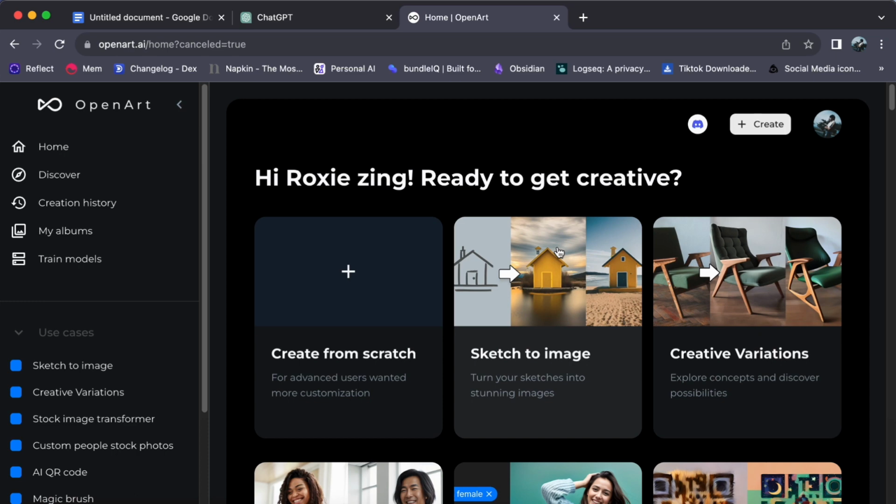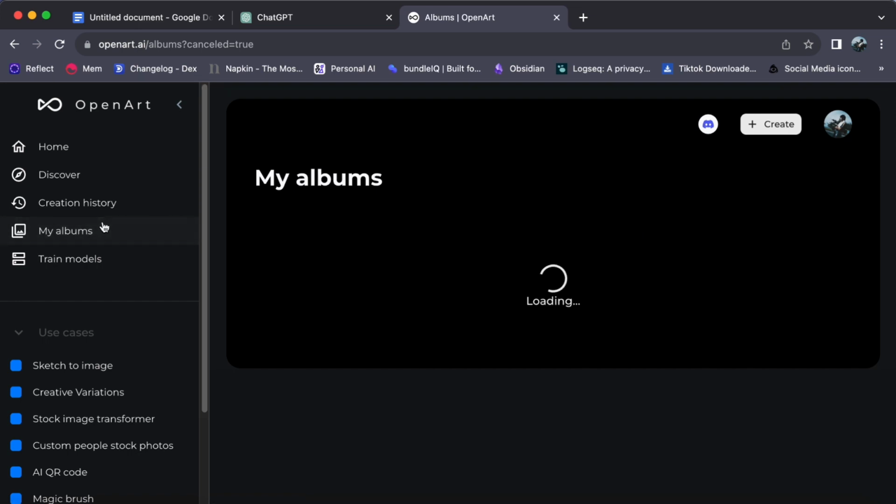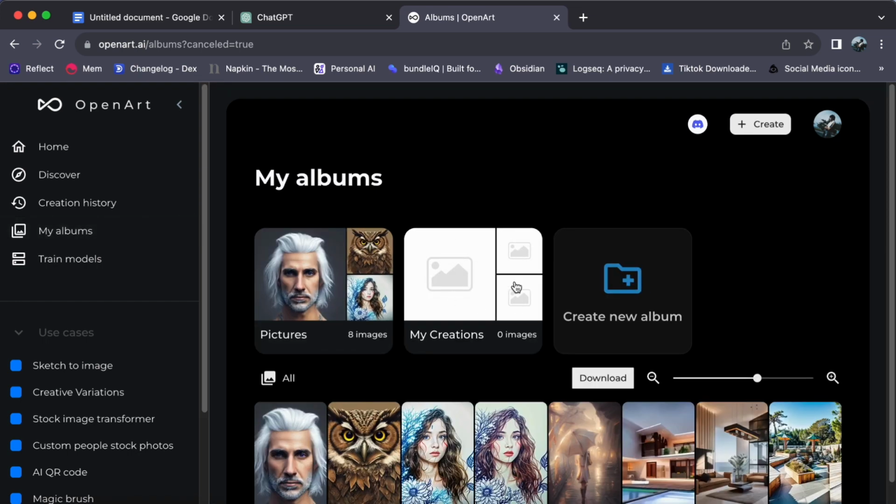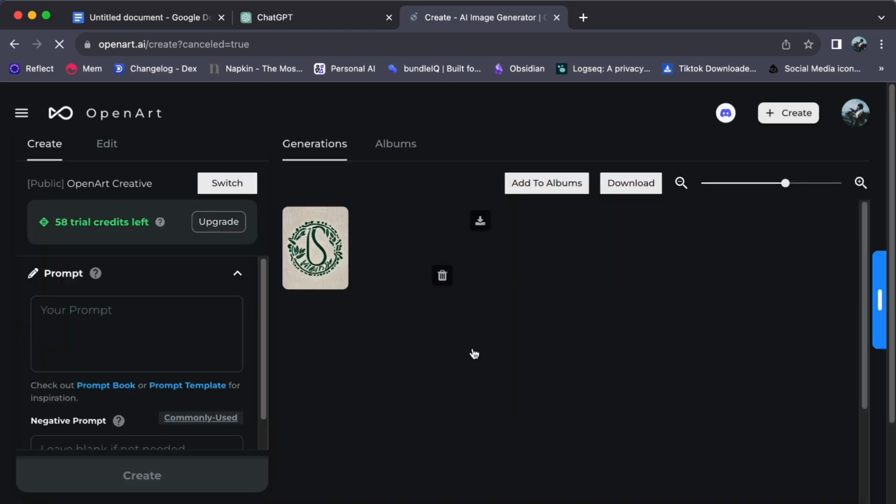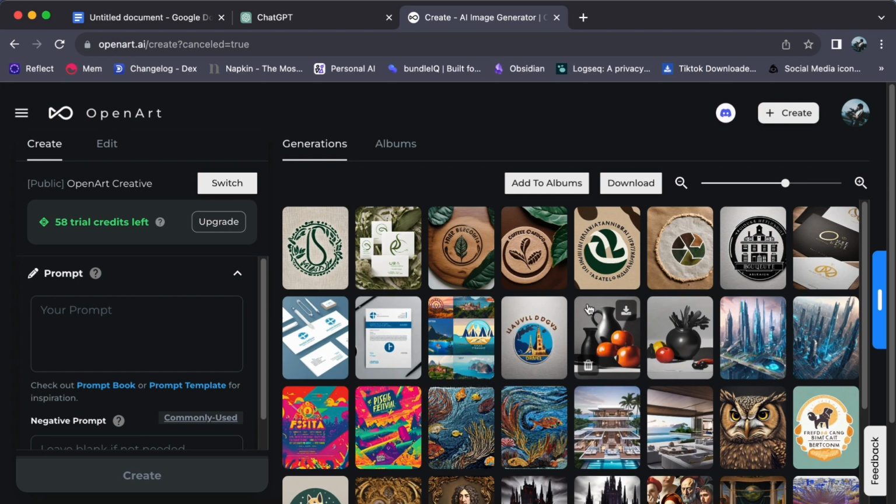Within our dashboard, there's a conveniently labeled section on the left side of the screen. It's called My Albums. A click on this section reveals the treasure trove of images you have saved. If you have recently produced fresh images that haven't yet found their way into your album, don't fret. You can select them from the Create option. However, for today's illustration, I will be heading back to my albums because there's one specific image I'd like to